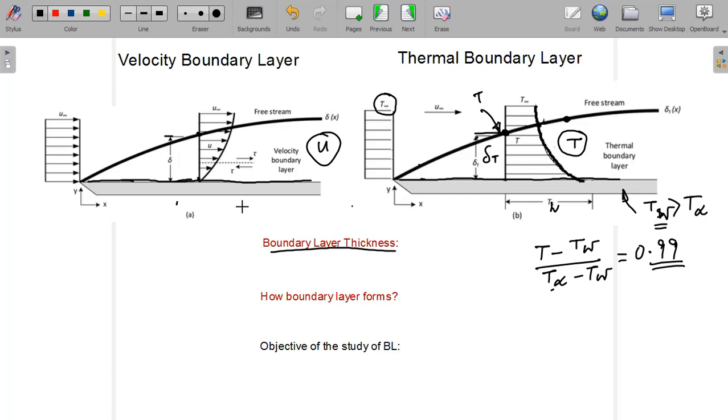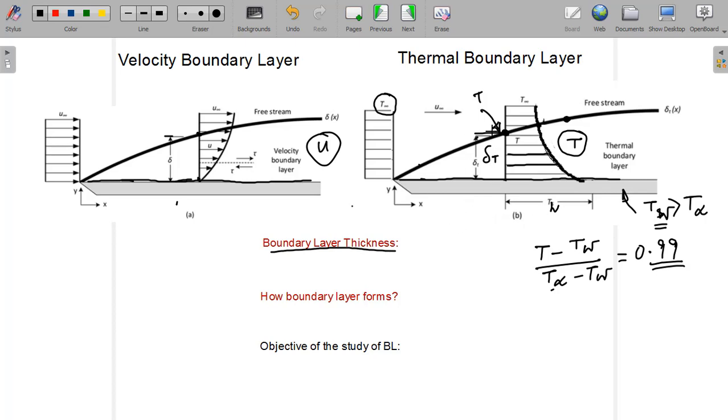And one important difference you can observe between these two: velocity is a vector quantity, that is why it is represented by the arrow, but remember the temperature is a scalar quantity, that is why it is represented by only the lines, or you can call these the bar, and there is no arrow. Only the magnitude of the temperature is represented by the length of these lines. Okay, but there is no question of direction, so that is why the arrow is not there.